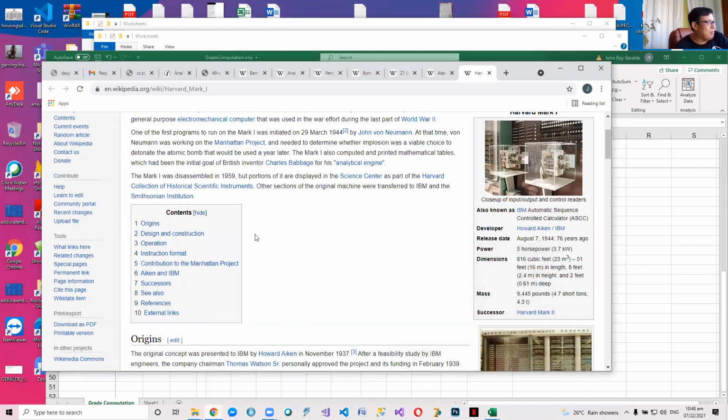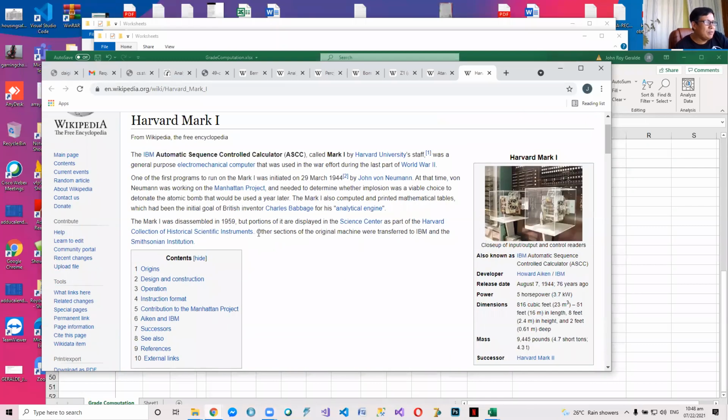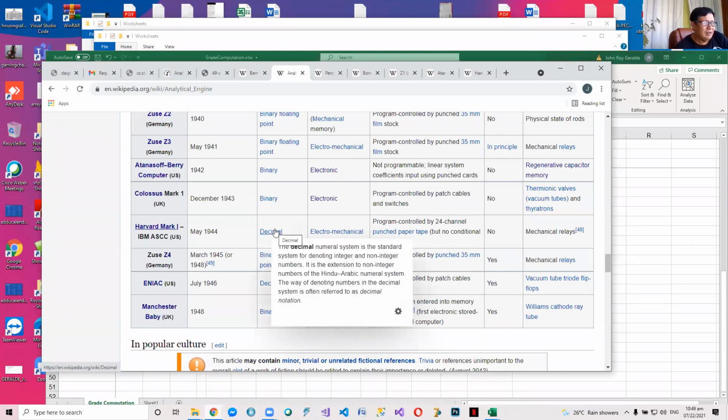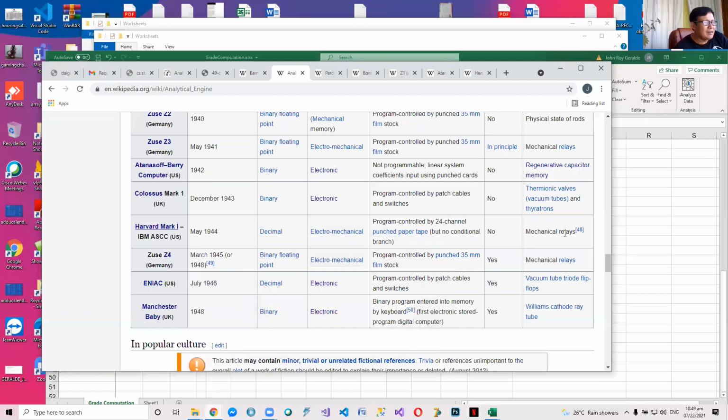Howard Aiken is from IBM and he developed the Mark I in Harvard University. This was first developed only for Harvard University. It's a mechanical computer. Do you follow? It's a mechanical computer almost similar to the analytical engine, the design of analytical engine by Charles Babbage. In fact, it's also decimal. Do you follow? So mechanical relays are like